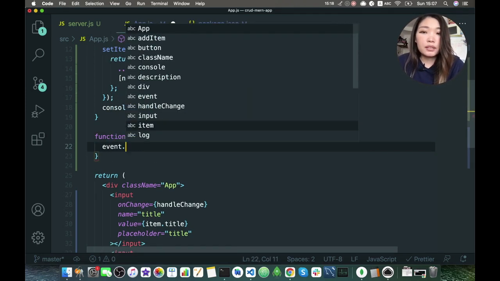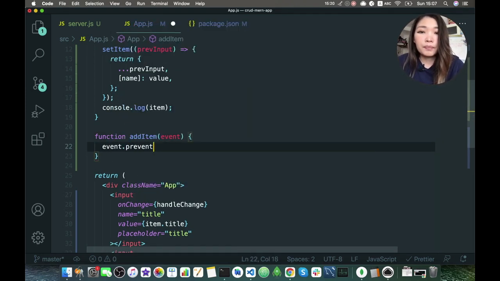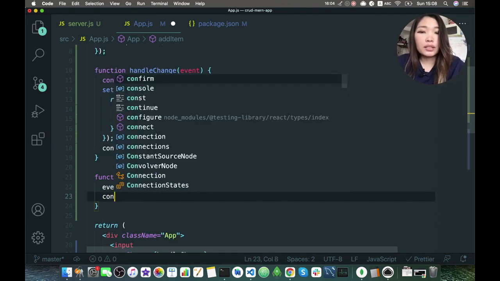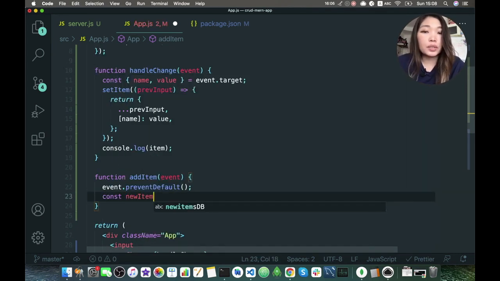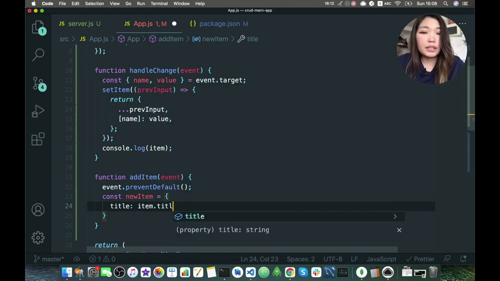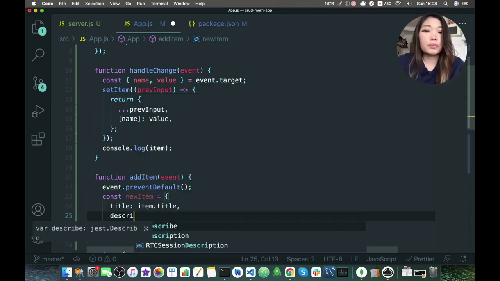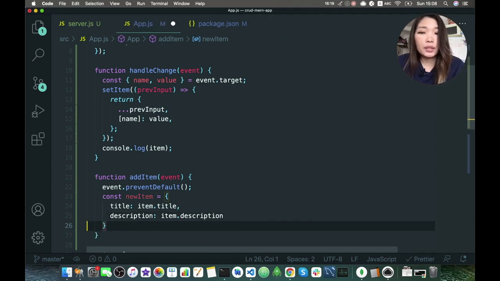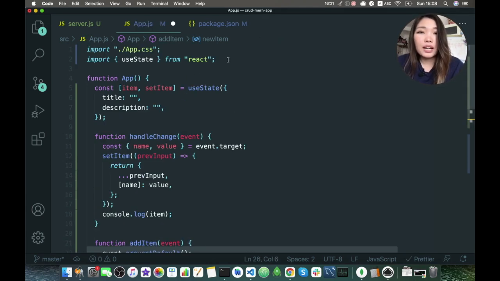We'll first prevent the default behavior, prevent default, that will reload the window. We don't want that. Okay, so here we will construct a new item that we will send to the backend, just to avoid confusion. It is an object where the title will be item.title and the description will be item.description. Okay, and now we can import axios here